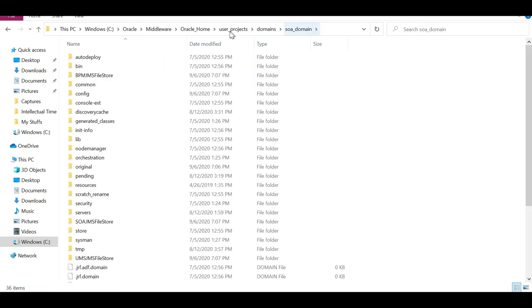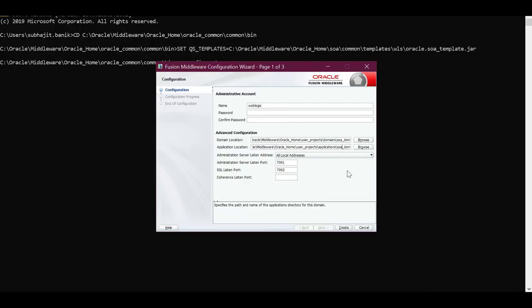So this is the folder where I have created my standalone domain. Okay, so you just need to give the passwords and click on next and create, and the domain will be created. Okay, as it is already created on my machine, I'll not be creating it again.